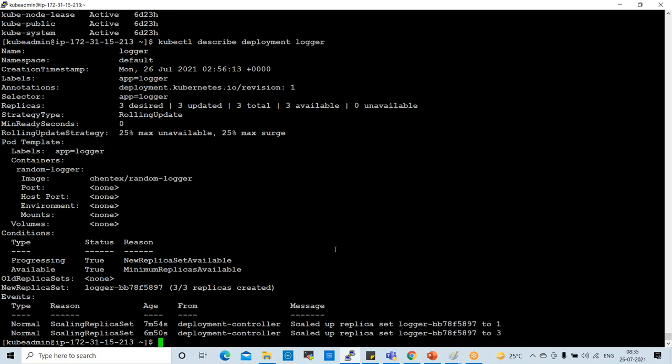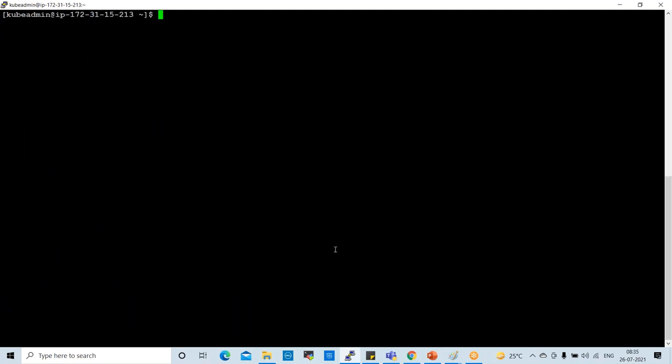Like this, if you want to check one deployment's details. Currently I described a deployment, but you can describe a pod also. While describing the pod, you can check the pod logs also. Right. Next one is I want to check logs about logger. So you can describe, you can check logs. Describe means it will show you some details. If you want to check only logs, it will give you different details. Okay, so we'll check that.